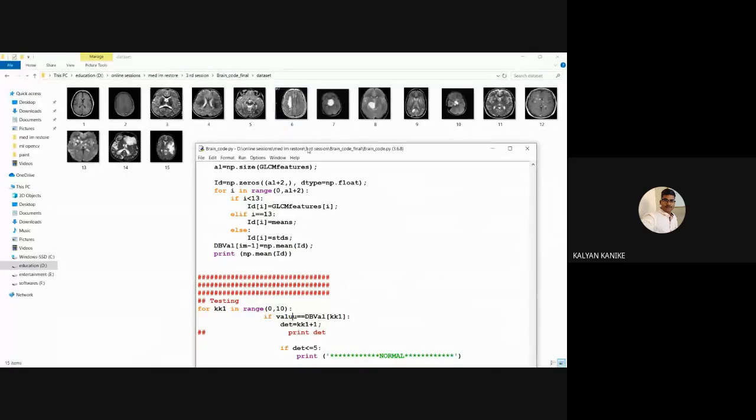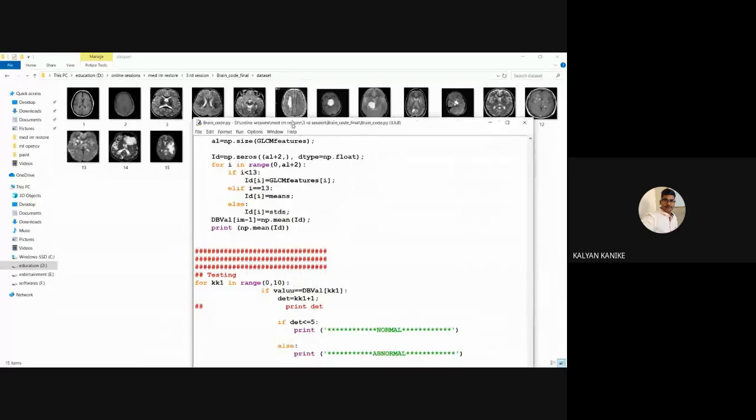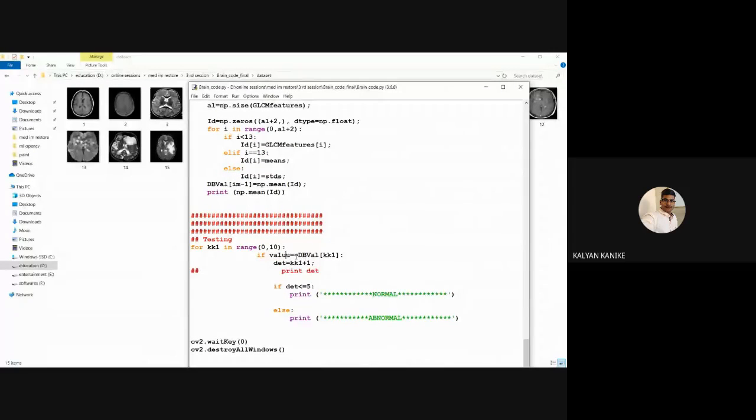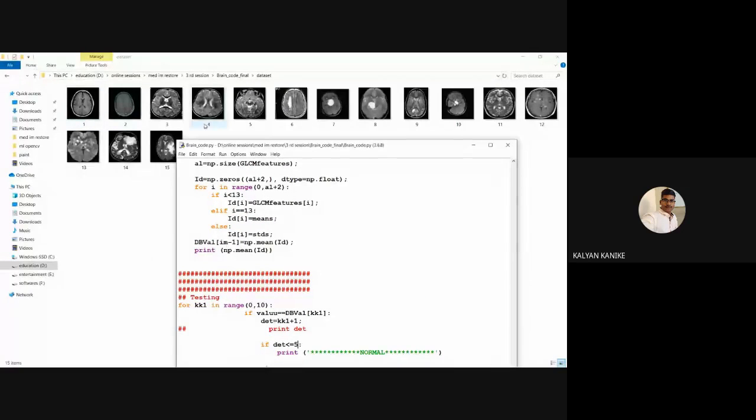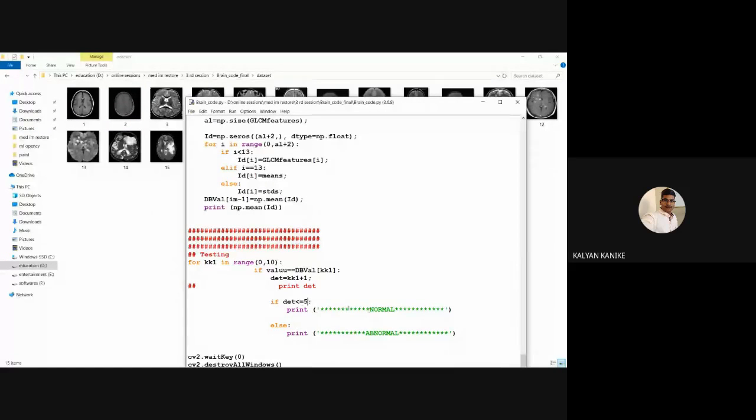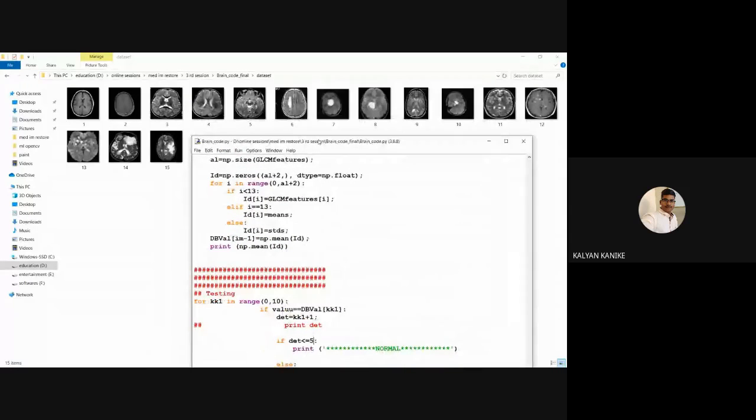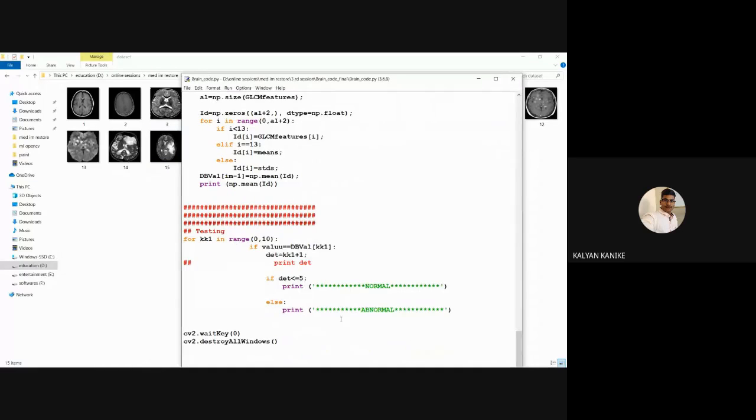Afterwards, a simple thing: if the value matched is less than or equal to 5, I am giving one condition here. If it is matched with these database images, in that case I am saying print normal. Else, if it is not matched within 5, if it is matched with any image from 6 to 15, I am saying this is abnormal.